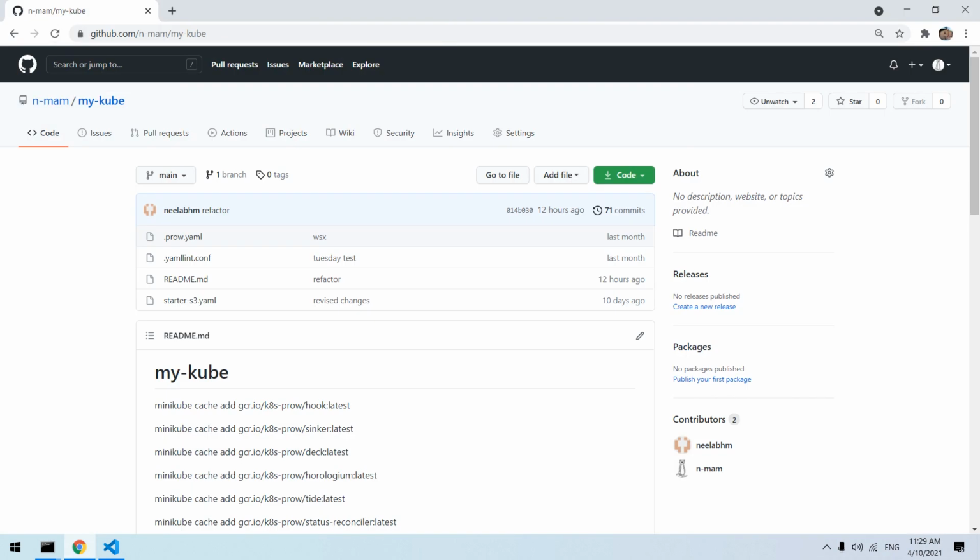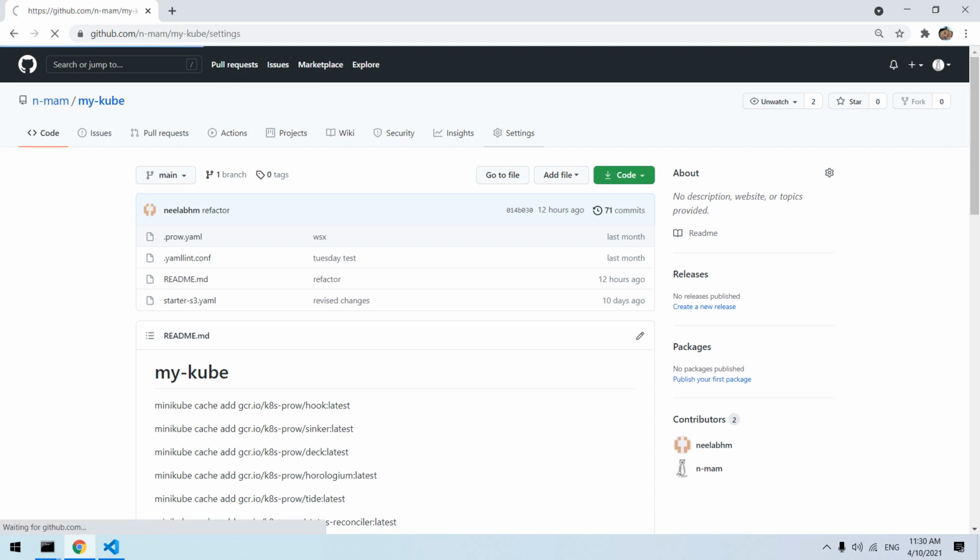So this is my repo, which we'll configure for Prow CI/CD. This would typically hold your source code. Once you raise a PR on this, Prow will trigger the pre-submit jobs, and then your post-submit jobs will also be triggered via the same webhook, which we will configure now on this repository.